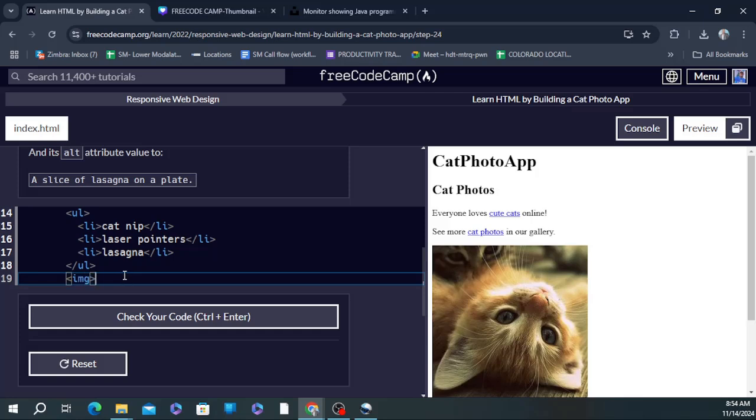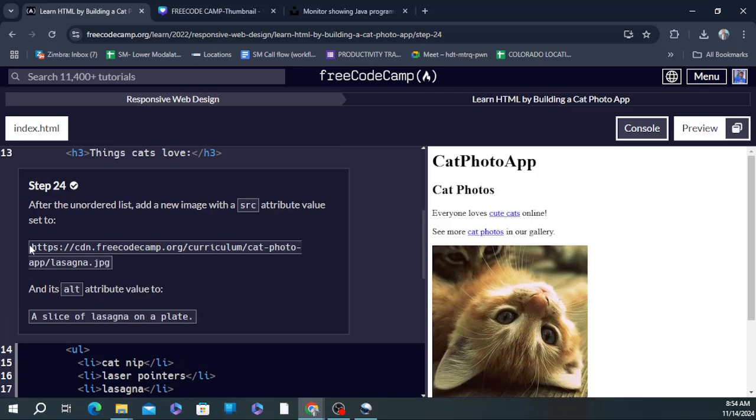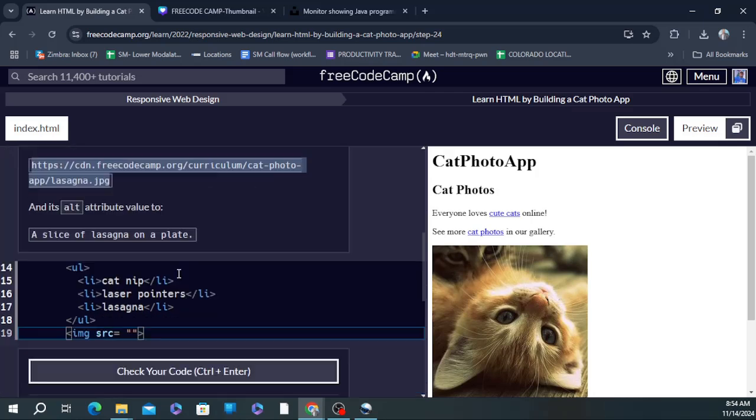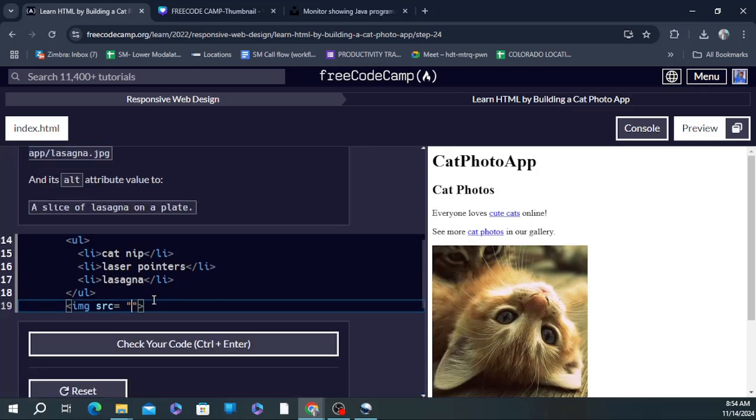The img tag, we're gonna have a source. The source gonna be the link we have here. So the link here, we're gonna copy it and I put the link here,